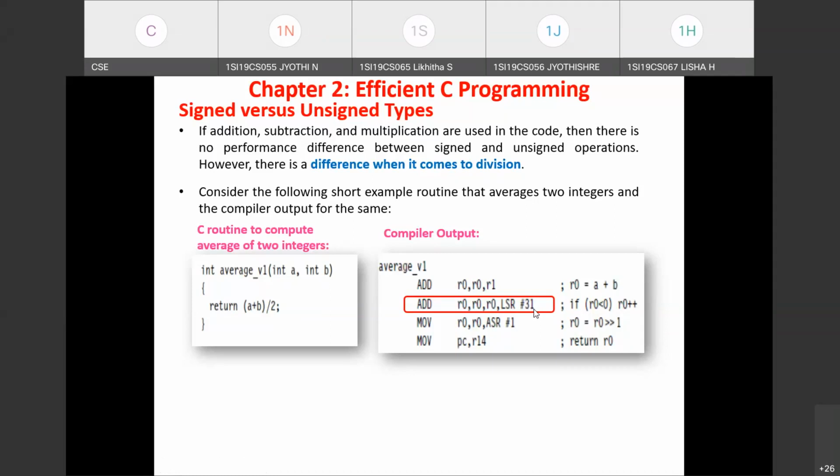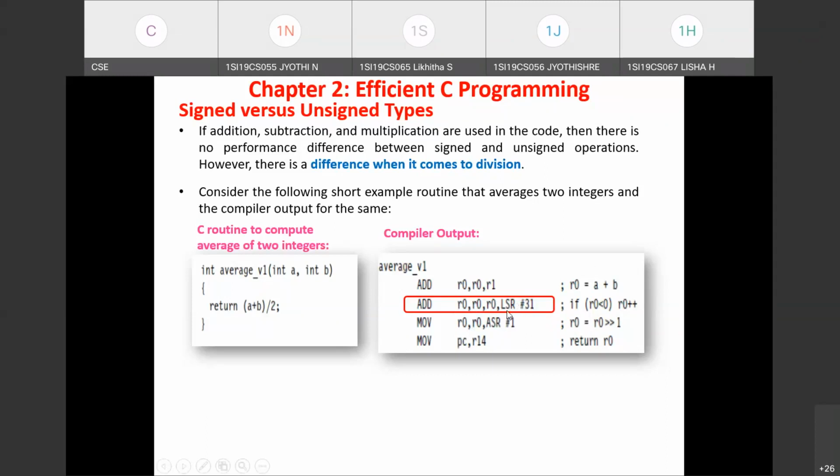So that result of logical shift right is added to the R0 register content, and the result is stored in R0 itself. So what is the operation we are performing? If a negative result is in R0, we add 1 to it, and that result is stored in R0.